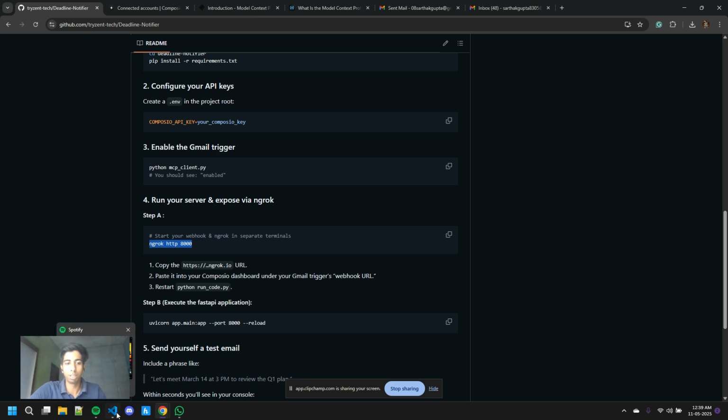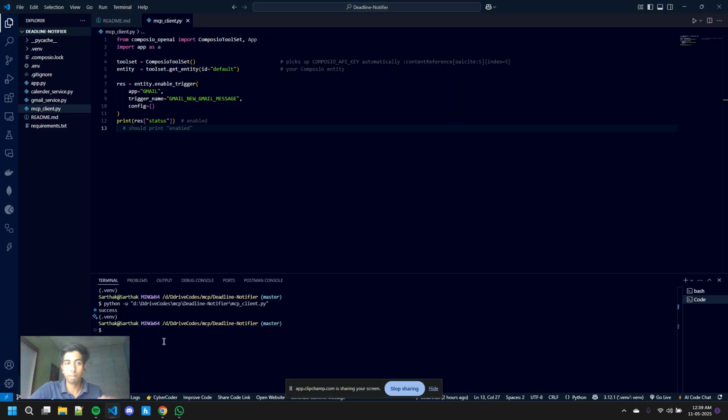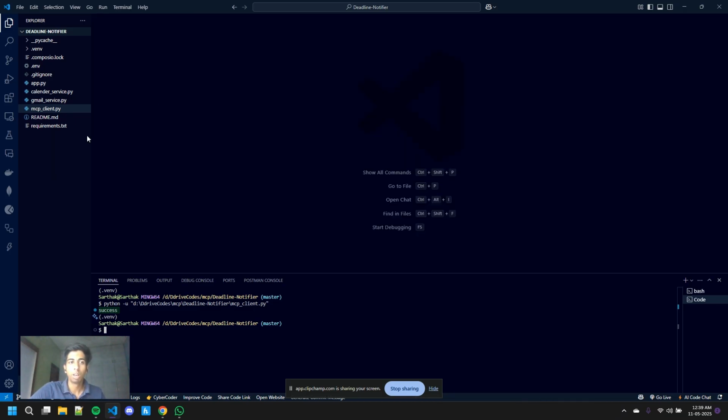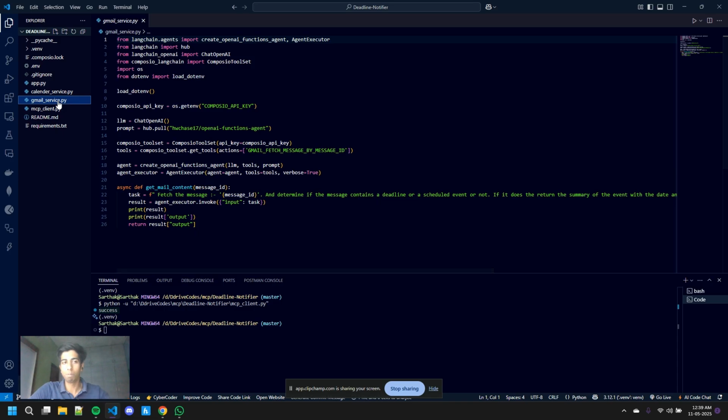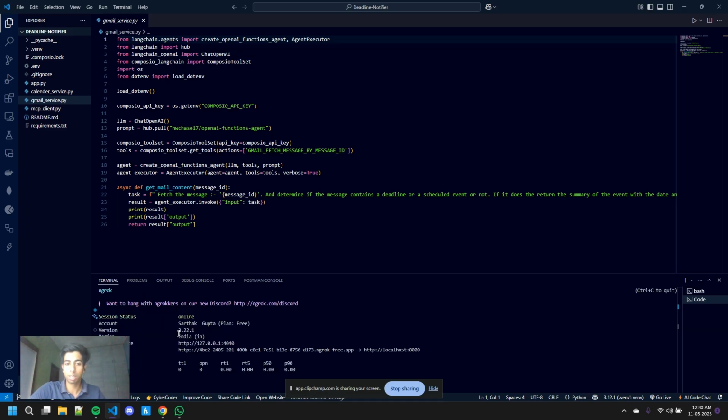Next step is to set up an ngrok server. So we have our MCP setup. Okay, so success has been printed, which means our MCP client has been connected successfully. So we have created an integration composio dashboard and now we are running this code. So what connects them? It is this ngrok server. Ngrok connects a webhook and it provides us with a URL which will go